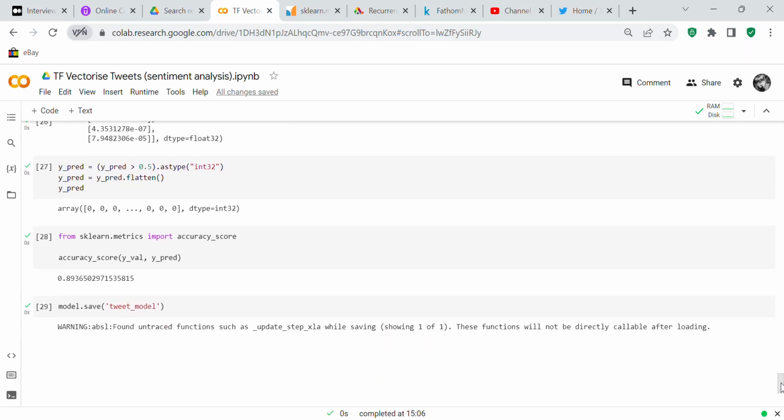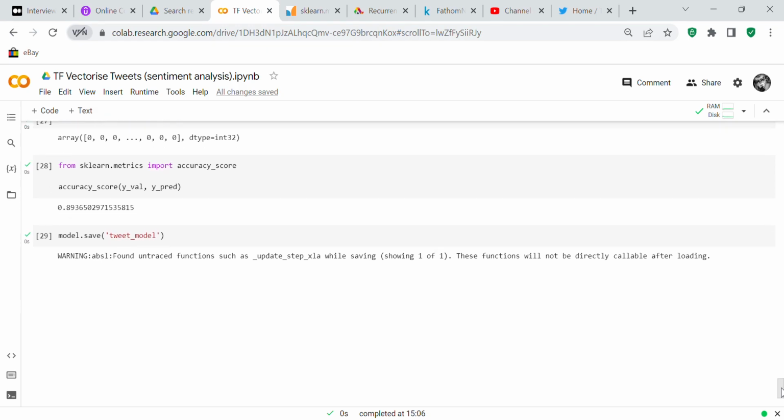And then now what we do is y_pred equals y_pred greater than 0.5, astype int32. y_pred equals y_pred.flatten, and then there's your y_pred, and most of them are zeros, and you get some ones. And then one thing that you can do is you can say,